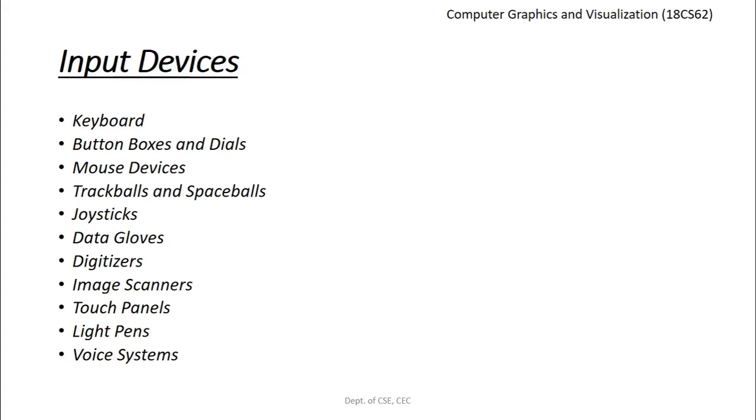So one example of a digitizer is a graphics tablet, which is used to input 2D coordinates by activating the hand cursor or stylus at selected positions on a flat surface. A hand cursor contains crosshairs for sighting positions, and a stylus is a pencil-shaped device that's pointed at positions on the tablet. So we can use these digitizers for drawing, painting, or selecting different positions on the screen. That is one more type of input device. It is called a digitizer.